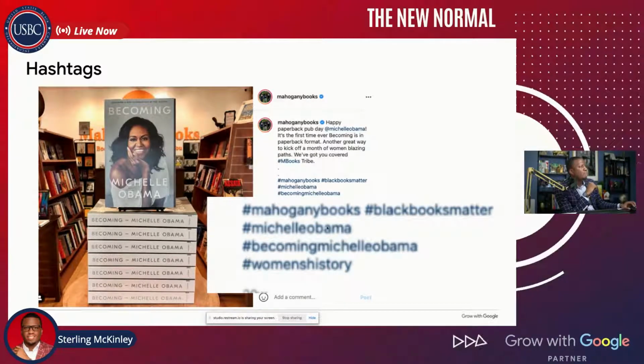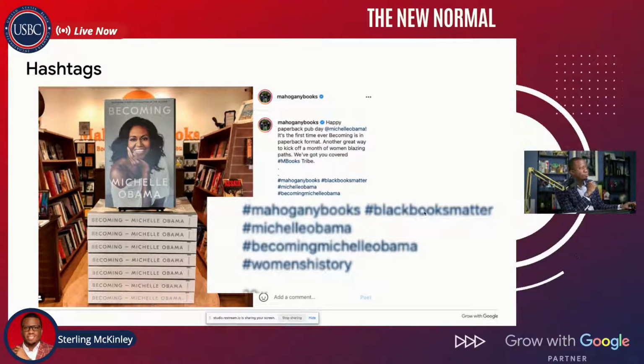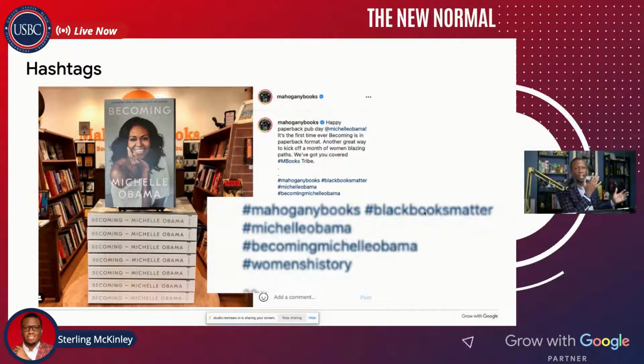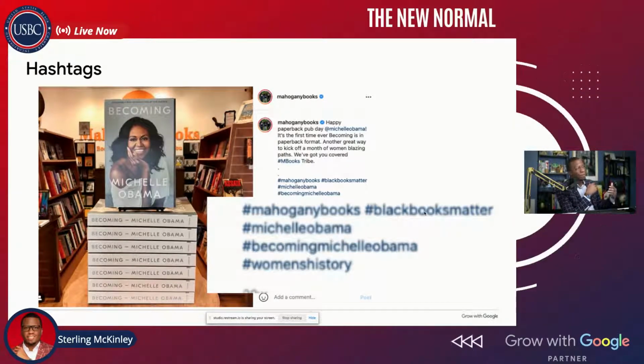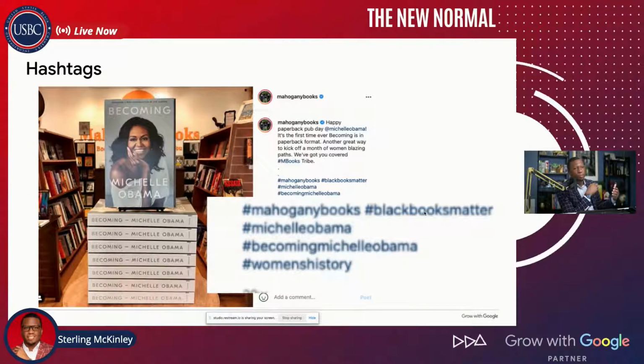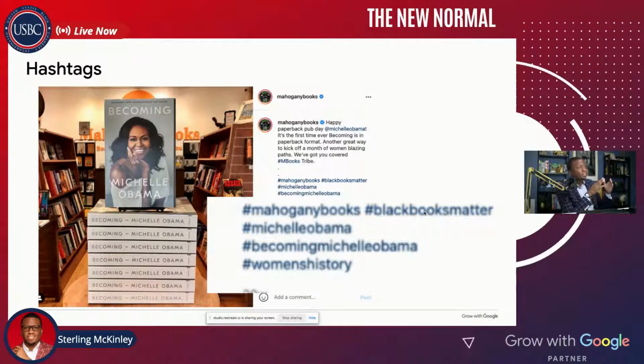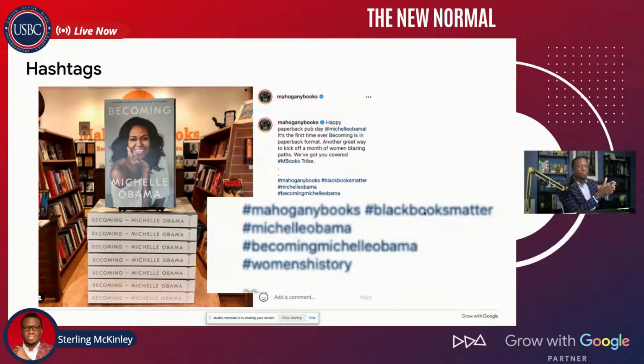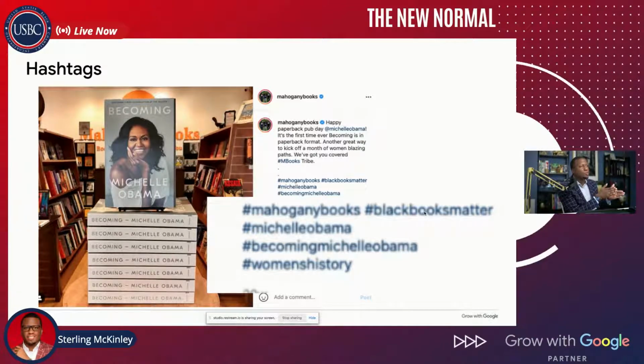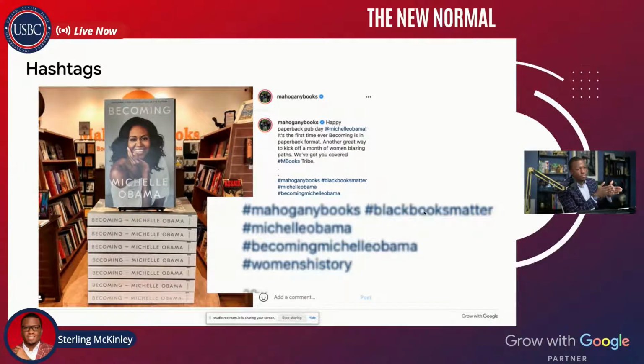The next one, they have hashtag Black Books Matter. So once again, that's a good hashtag. I'm sure you click that. People are probably posting black owned bookstores or black books. That's a good hashtag to have. Why? Because it's highly related to the topic, to the post. It's not a random hashtag. It really has to do with what the business is about and also what the company is about.